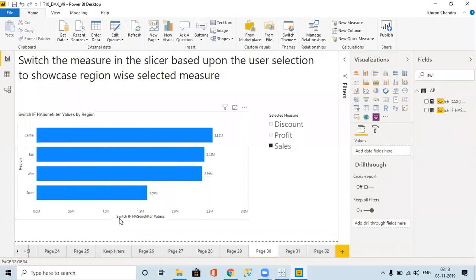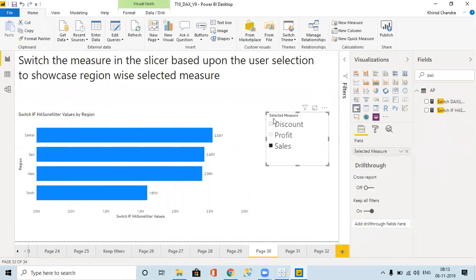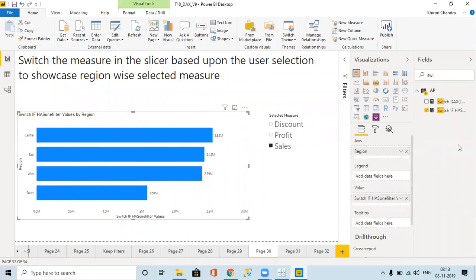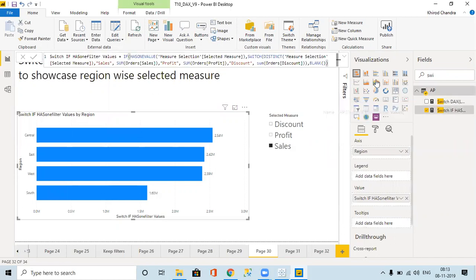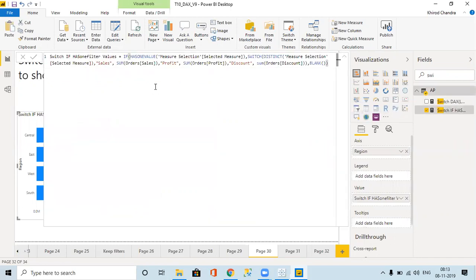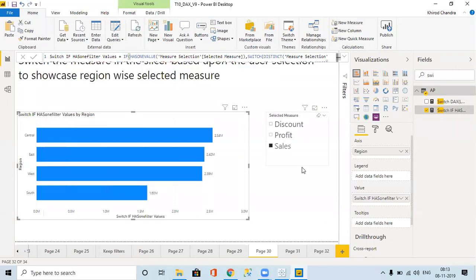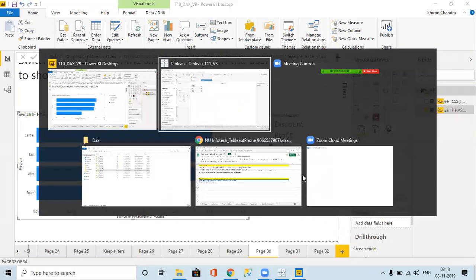I got this using enter data, and then I used it. It works as per the selection, based upon the particular measure which is selected. Clear?